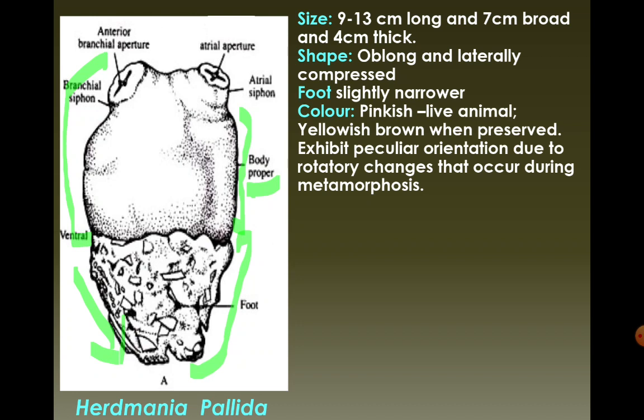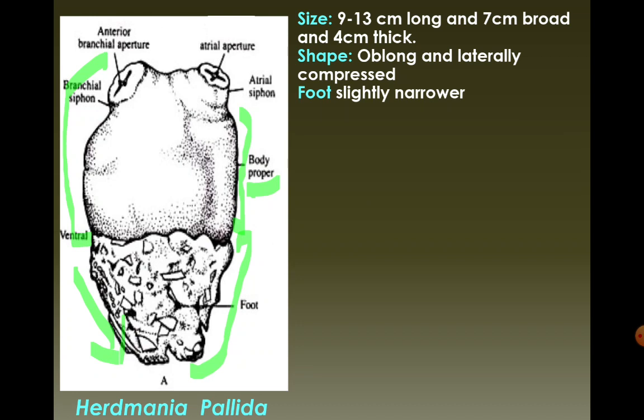Now the color of this Herdmania, when it is fresh, in its living condition, appears pinkish. Later when we discuss the blood vessels, we will understand why it becomes pinkish. Then it becomes yellowish to brown when it is preserved. It exhibits one more unique character: a peculiar kind of orientation that occurs due to rotatory change during the process of metamorphosis. Now if you see, this becomes the anterior region,